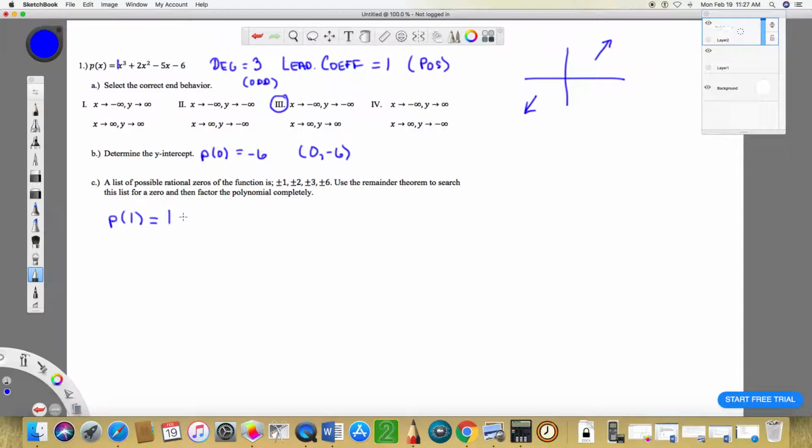We would have 1 cubed plus 2 times 1 squared, and you can see that that's clearly not equal to 0. What about if we tried -1? We'd have -1 plus 2 plus 5 minus 6, and that does equal 0. So had we done our synthetic division,